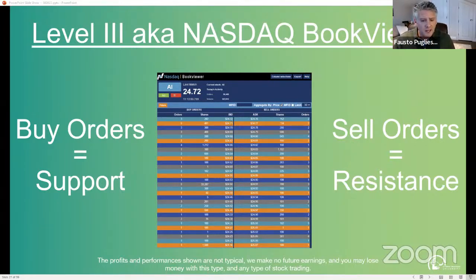All right. First of all, let me put it this way. Let me share the results. Look how many of you do not have Book Viewer. Let me put it in perspective, because I don't want to waste your time and I don't want to waste my staff's time. If you don't want to spend $15 for something we paid millions of dollars for back in the 90s and 2000s, if you don't want to spend $15 to have a seat on the exchange, do yourself a favor right now. Start interviewing stockbrokers and get out of the trading business. Just get out of the trading business. You are wasting your time.